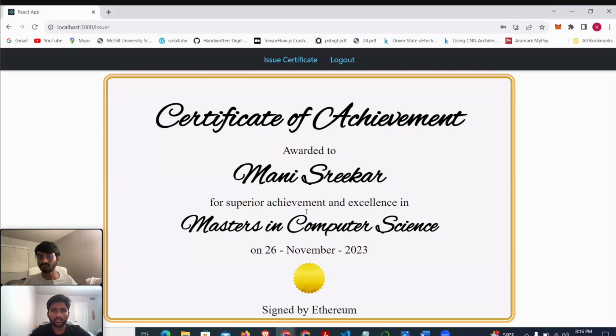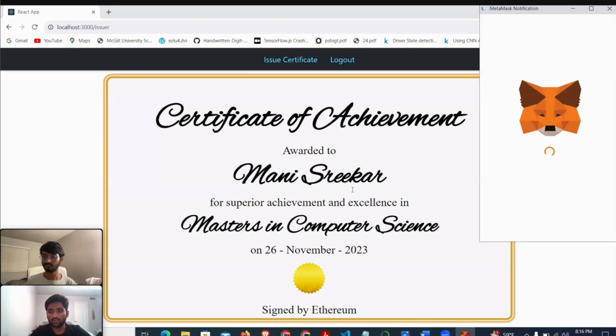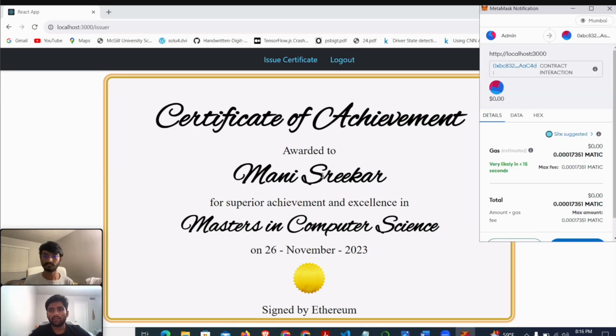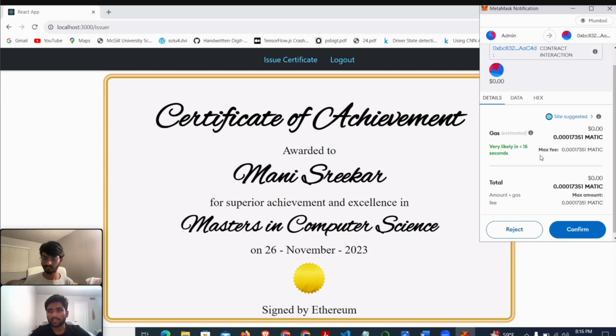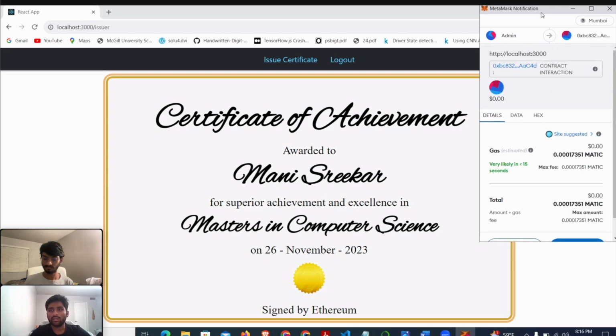When I click on create certificate, it will give me a preview of the certificate, and also lets me check every detail is correct. And if everything is perfect, I'll be confirming the transaction on the MetaMask. So here is a MetaMask tab. So admin will be sending these details to the receiver,